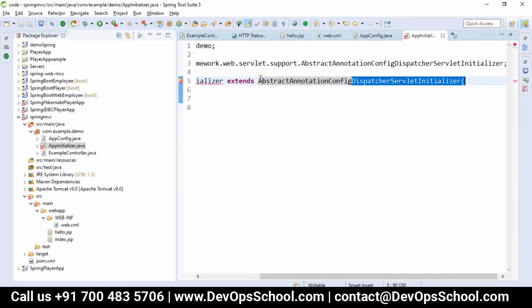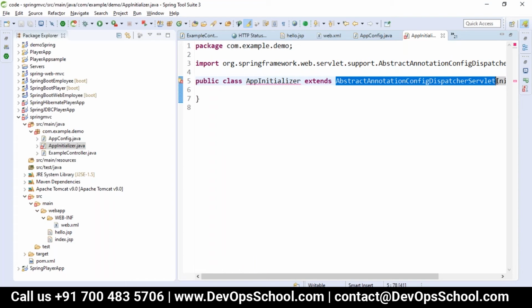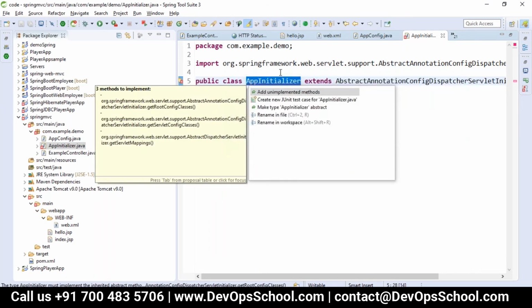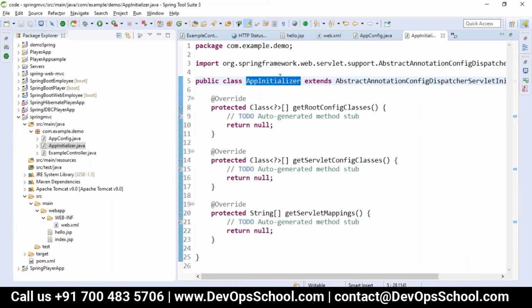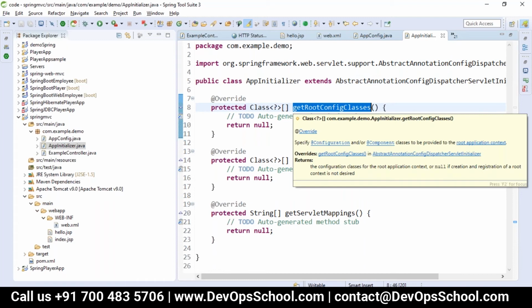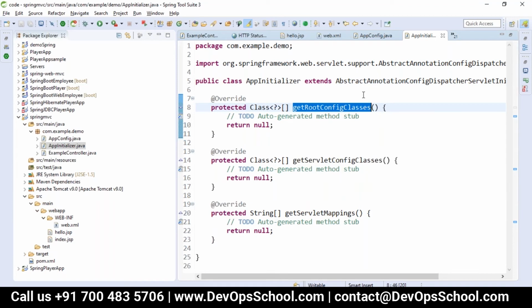So this is my class which is initializing your web application, and it has three methods. Whenever you extend any class, all the abstract methods must be overridden, so we have overridden all these three methods. What are these three methods? The root config classes method is where your configuration is written.